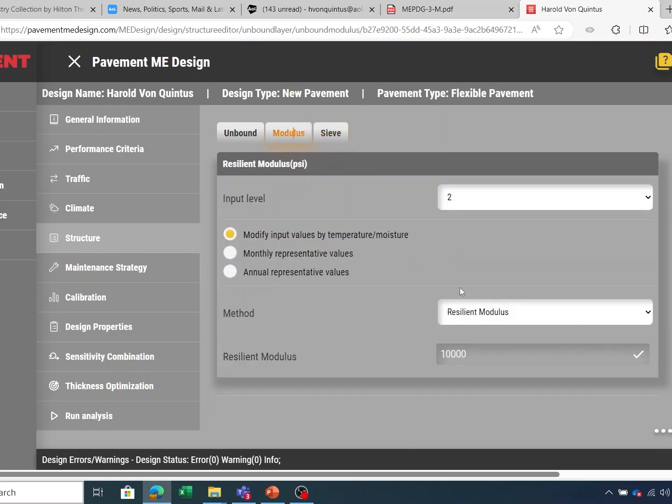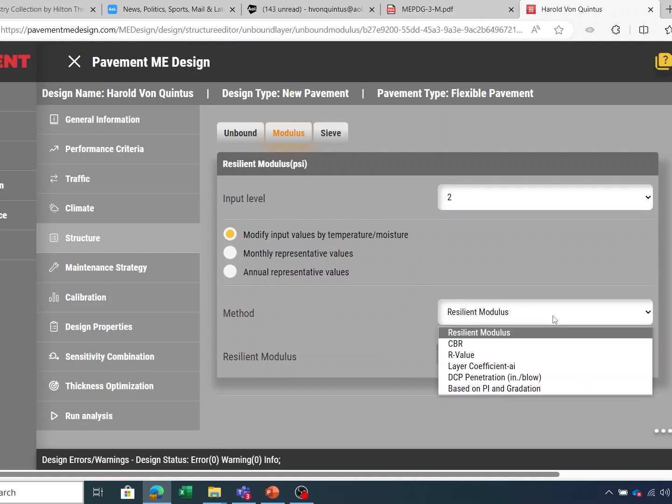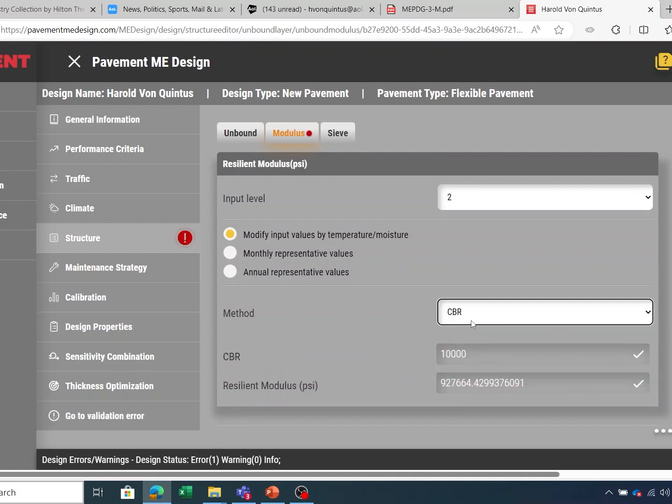However, we can also use the CBR value and have a CBR of, let's say, 5 or let's say 7 for an A6 soil, and this would show the resilient modulus as 8,877 psi for a CBR of 7, or if we have a CBR of 5, indicating saturated conditions, then we'd have a resilient modulus of